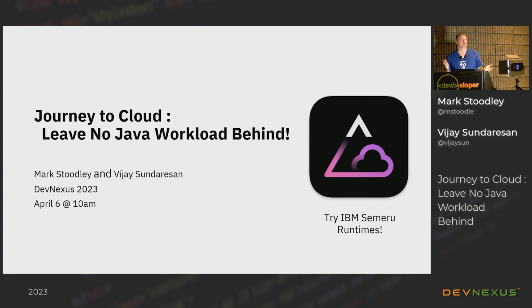Vijay and I work at IBM building a Java distribution called IBM Semeru Runtimes. And like lots of companies that build Java distributions for their customers, like Amazon or Microsoft or even Oracle, we work to build this Java distribution in support of our products and services and customers and support their needs when they're trying to run Java-based workloads. And like lots of those businesses,